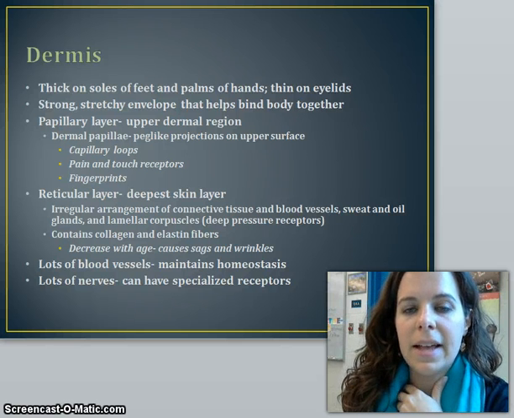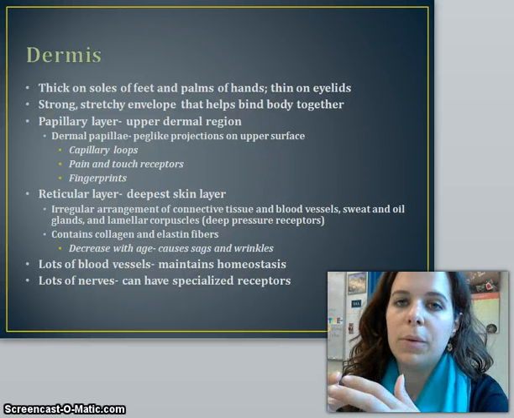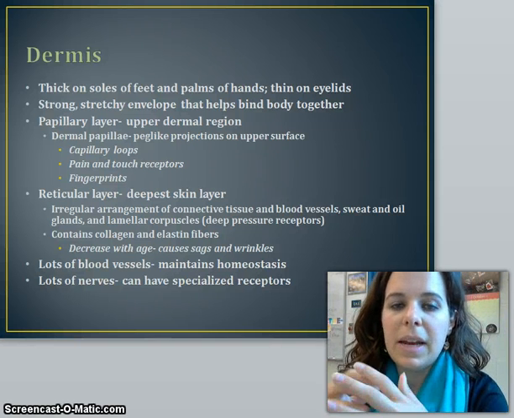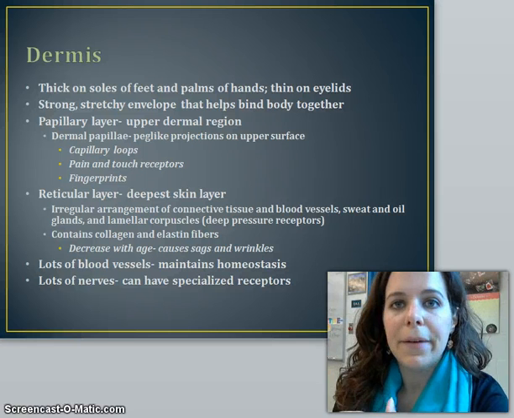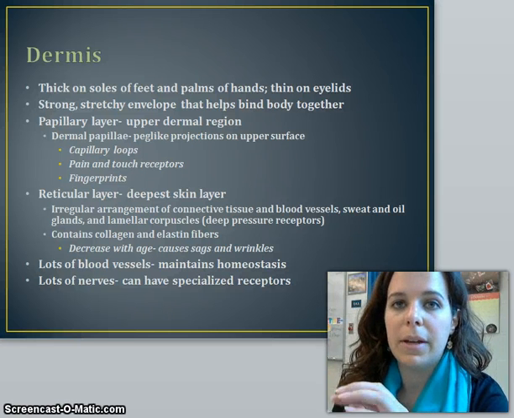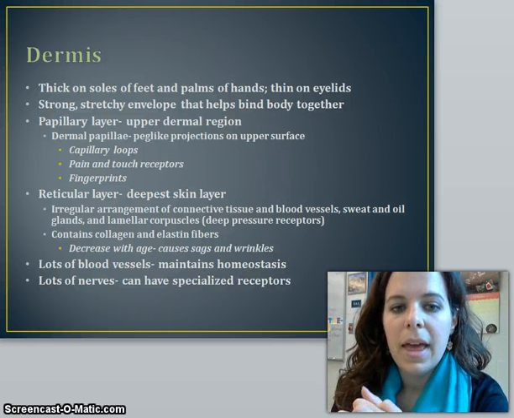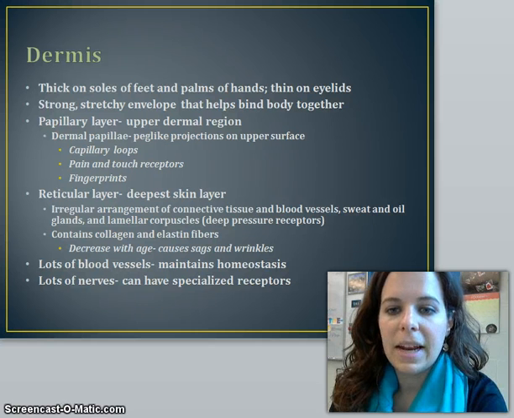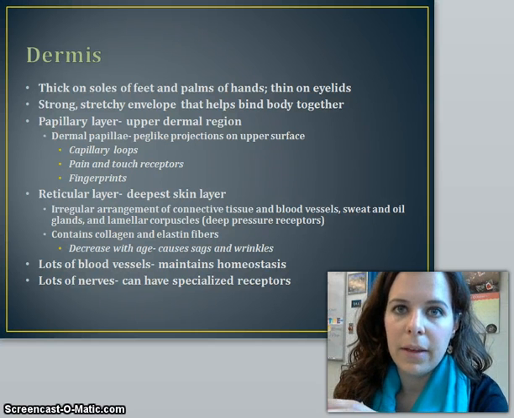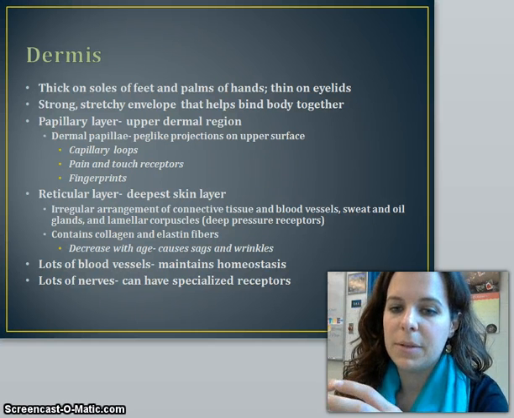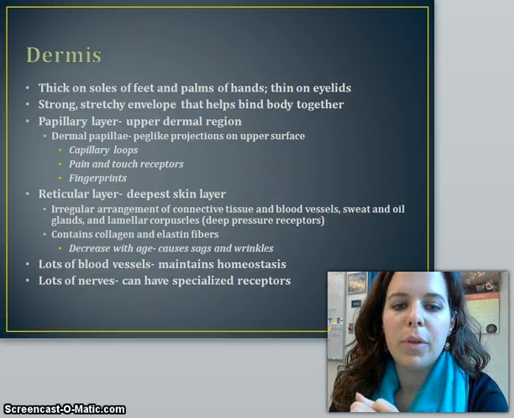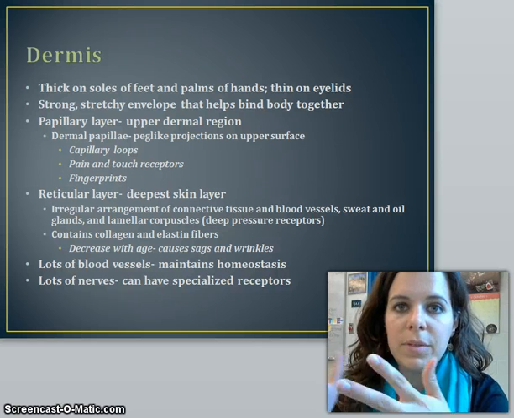And this has capillary loops in it, so the things that will cool you off. Capillaries are the smallest blood vessels in your body. It has pain and touch receptors, and this is actually how your fingerprints are created, from those capillary loops. And then below the papillary layer is your reticular layer, which is the deepest layer of skin. It has connective tissue and blood vessels, sweat and oil glands, and lamellar corpuscles, which are your deep pressure receptors. So if you're really pressing hard, those will sense that